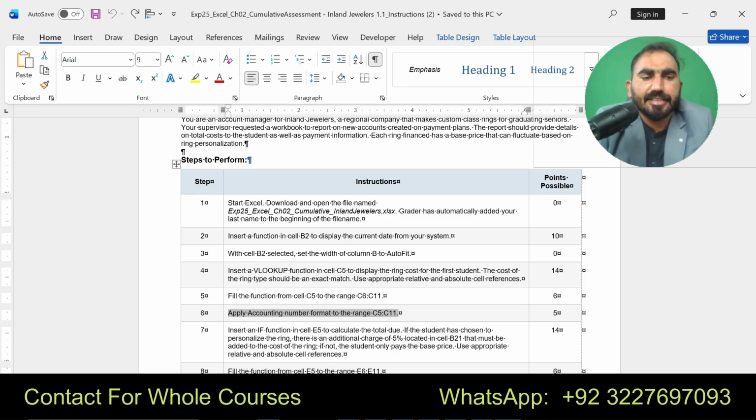Insert an IF function in cell E5. Here you can see I am going to insert an IF function in cell E5 to calculate the total dues if the student has chosen to personalize the ring. There is an additional charge of 5% located in cell B21. You can see here I am going to insert an IF function according to the instruction of